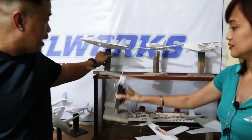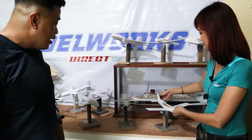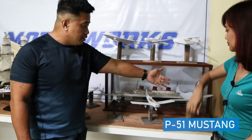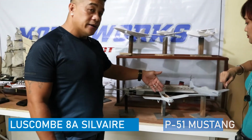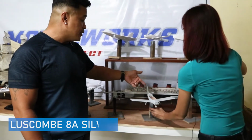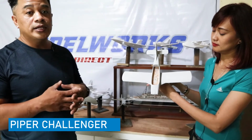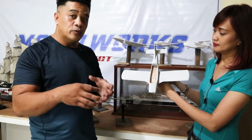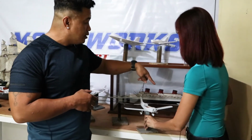So all these three models here are actually in the putty stage. Well, they're just fresh out of the putty stage right here. And the difference between these three models right here is that this one and the P51 and the Luscombe are actually solid, and this is the clear canopy. Ms. Yang, you can see the interior was actually gutted out, and then like the Gulfstream that we showed earlier, they'll incorporate the details of that in there along with a clear resin canopy. Yeah. So, and this one right here, Ms. Yang, is also a